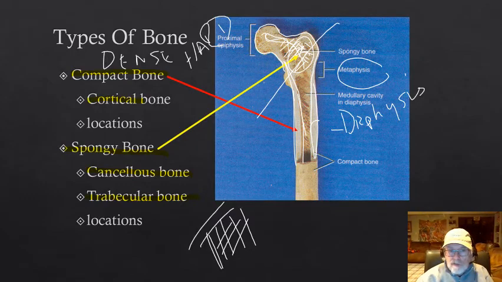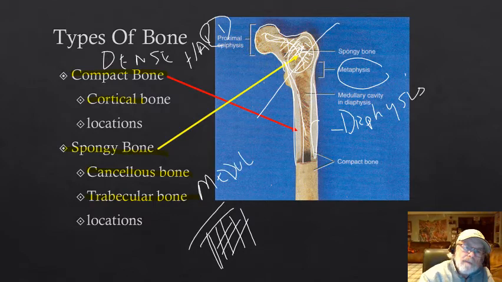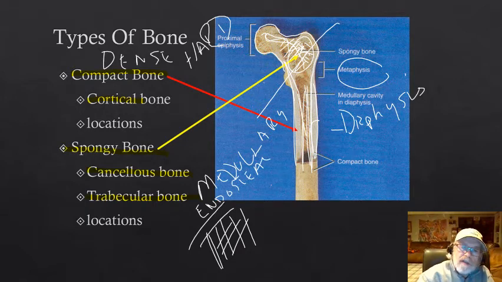So as a result, I hate to use the word soft bone because it's really not soft, but it's spongy bone, cancellous bone, trabecular bone, sometimes also called medullary bone, because this is the medullary canal. The center of that is called the medullary, or sometimes called endosteal, canal, and that's filled with that spongy cancellous trabecular bone